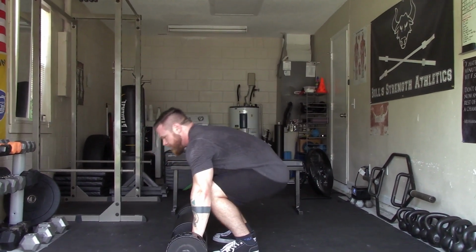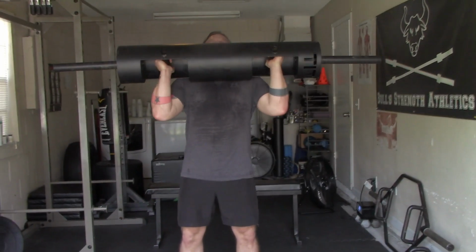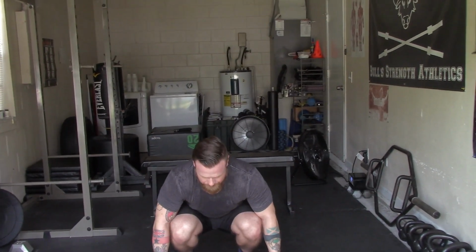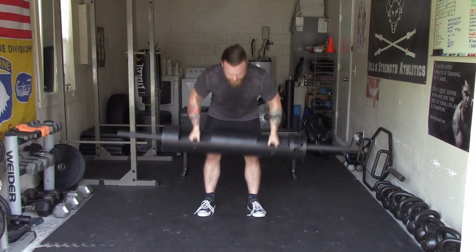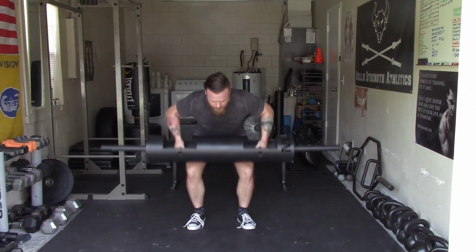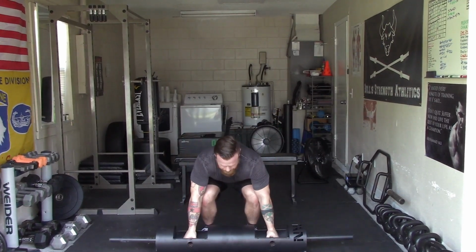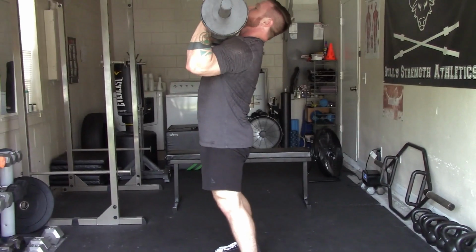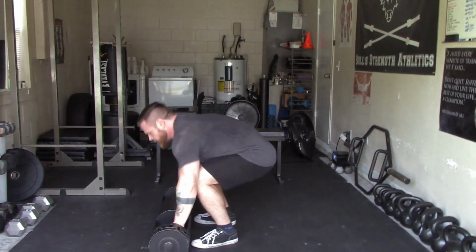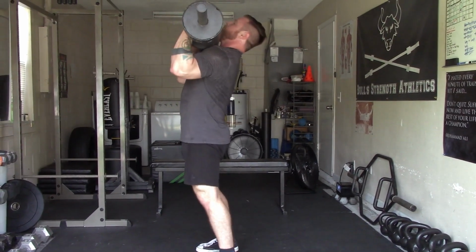So for me, overall, this was the best lift for getting stronger at the Atlas stone. I attribute my ability to even lift the stone to focusing heavily on the log clean. Now with lifting the log, there are 2 different variations as far as the form goes. Some people row the weight up, and some people deadlift it and then set it on their lap. If you look at my log clean tutorial, I actually used the deadlift and set method instead of the row